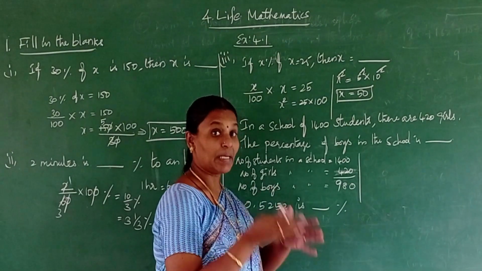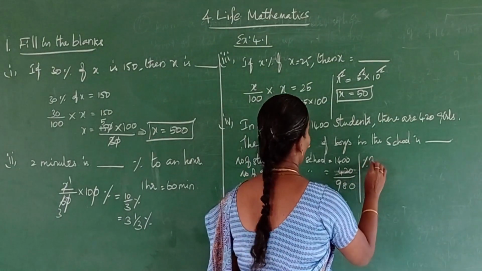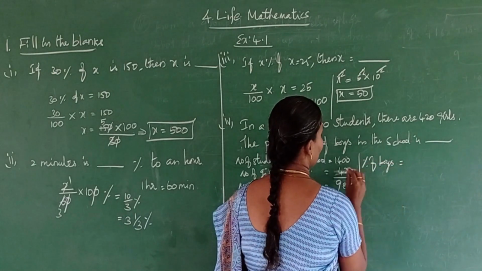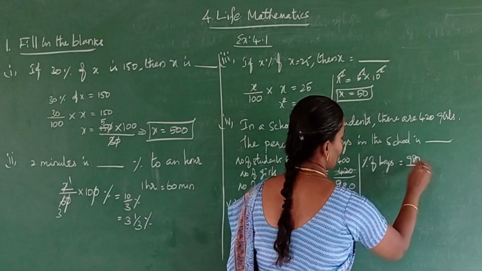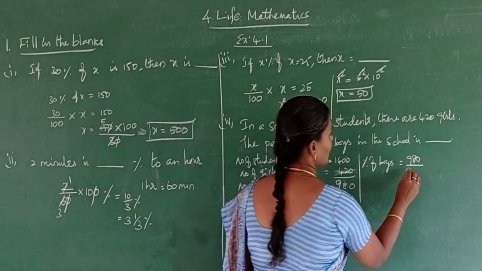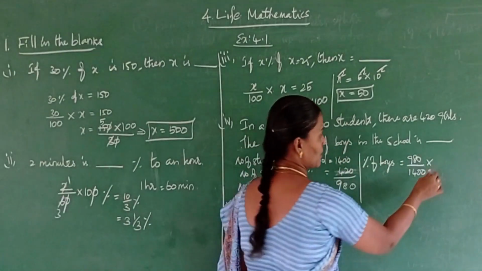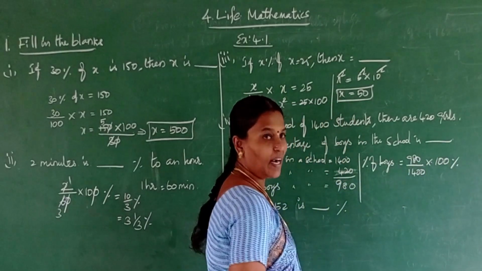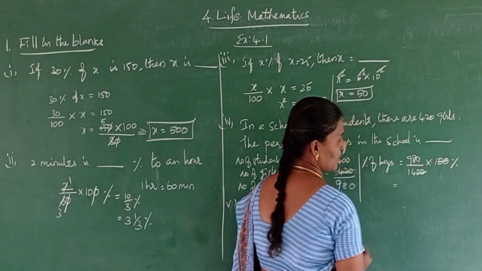You have to find out the percentage of boys. Okay. So percentage of boys in a school, that is equal to. So see how many students, number of boys are 980. Number of boys by total number of students, that is 1400. Multiply, you have to convert into percentage, no? So percentage means you have to multiply by 100. Okay. This gives, see, 2 zeros cancel.